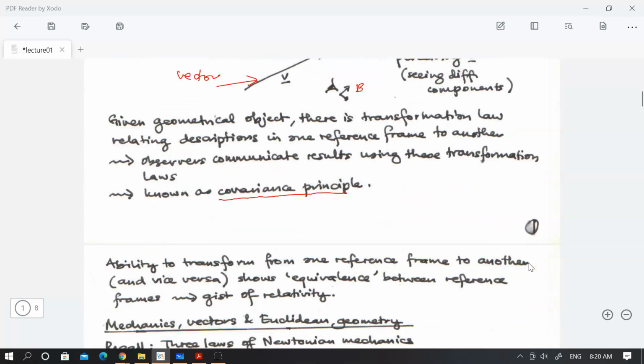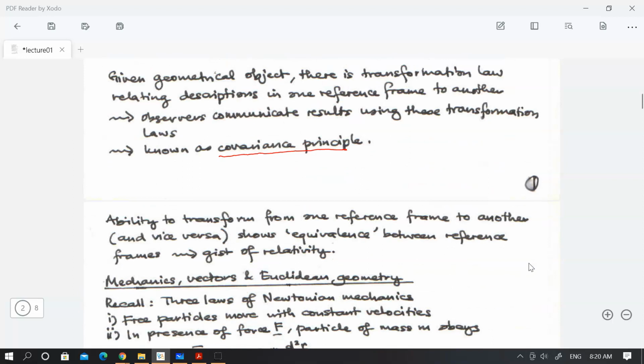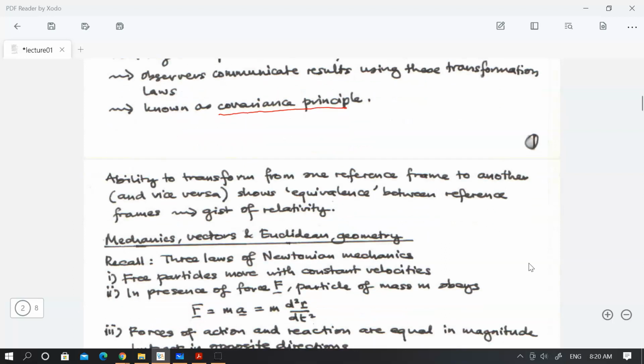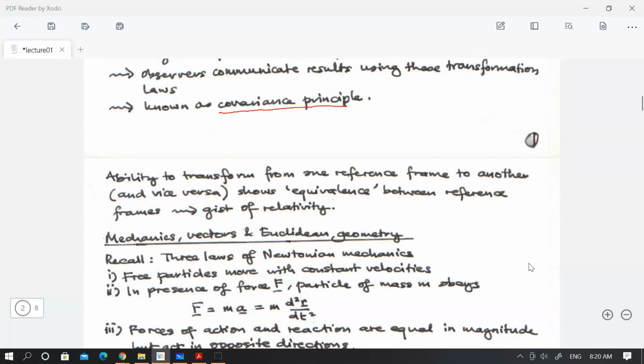So this is very much philosophical at this stage. You'll see later on there will be a lot of calculations. So the ability to transform from one frame to another is essentially saying that the two different frames, for example, for observer A and observer B, are actually equivalent, because they can agree that a particular vector is pointing in some direction. Okay, so when it's equivalent, but they might have different descriptions, that is essentially the idea of relativity over there. Okay, the descriptions can be different,